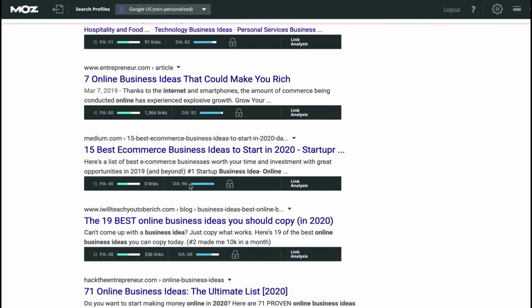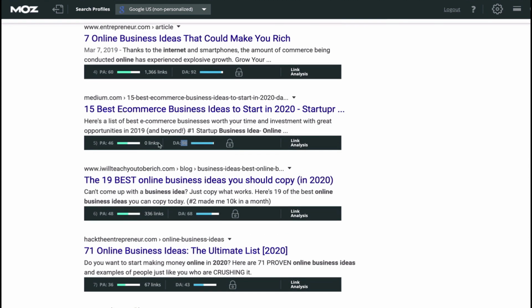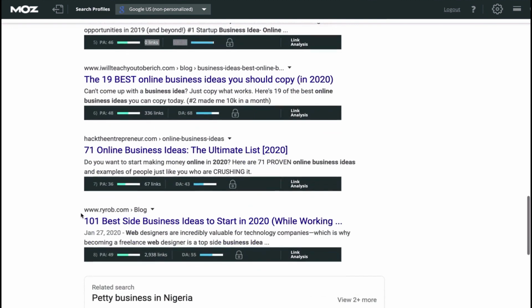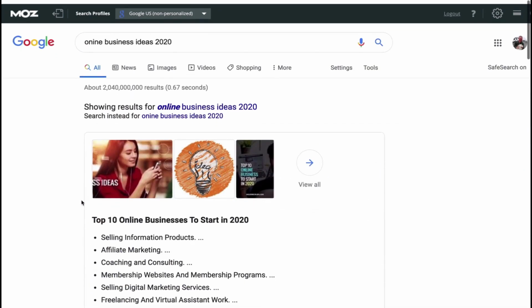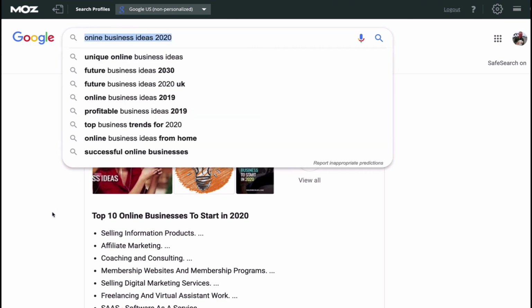I mean, here we have a really high domain site. They have 0 links built into them. So we get kind of, okay, it's interesting, right? For some reason, 0 links pointing here. So maybe we have hope, but still there's relatively high domain authority, relatively high page authority. And we're already on a relatively long tail keyword. So we have to keep looking for better keywords to rank for because it's pretty competitive.